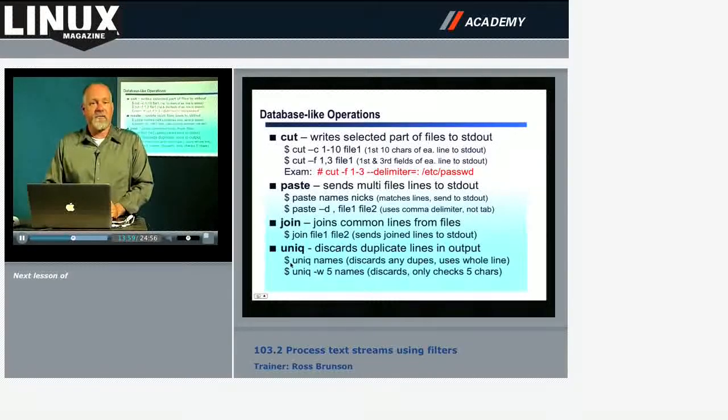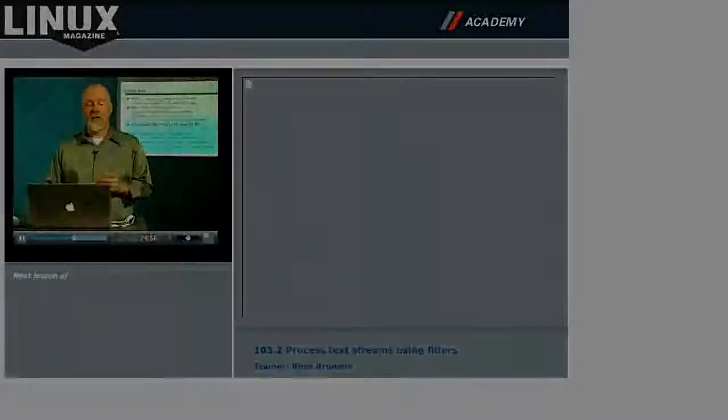You will be tested on these commands. You will be tested on how they work. How do you create files from their output? How do you send input to these programs? Remember our concept of a command, options that alter what the command does, and then an argument of some kind, which is typically a file that you're either reading to or reading from. Okay, now let's